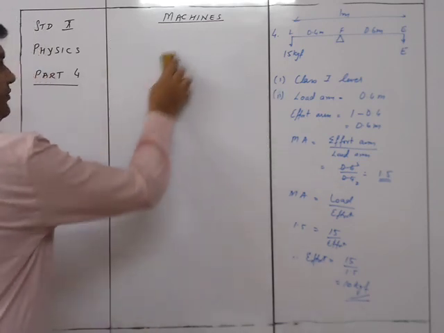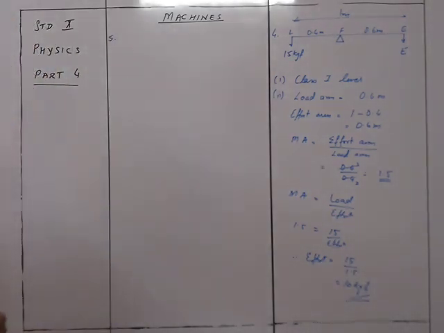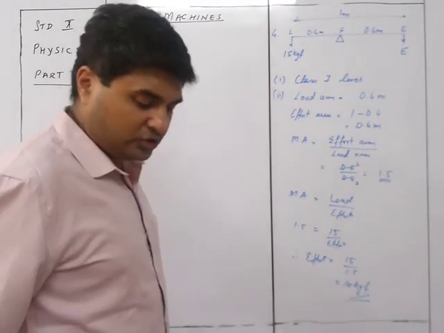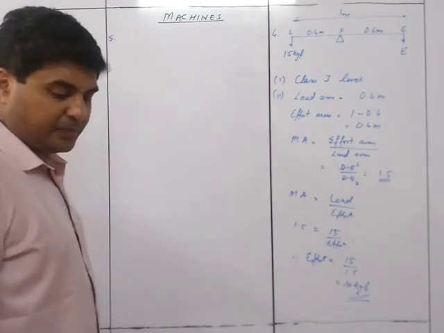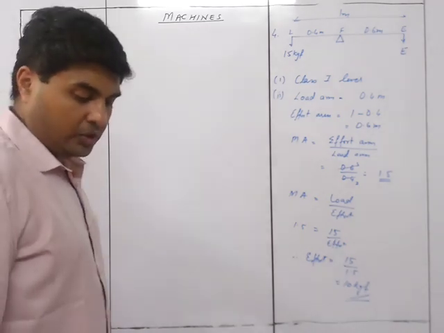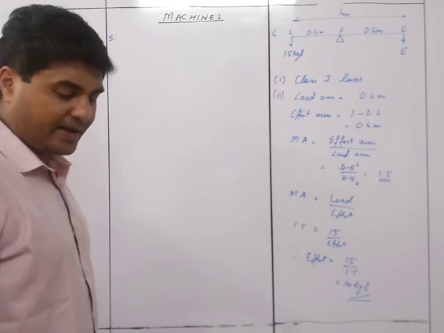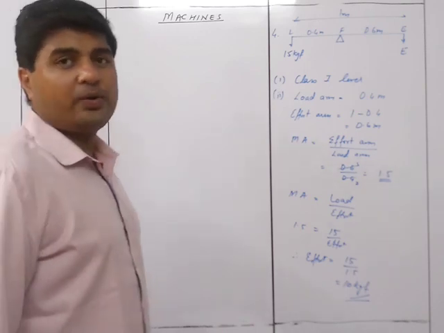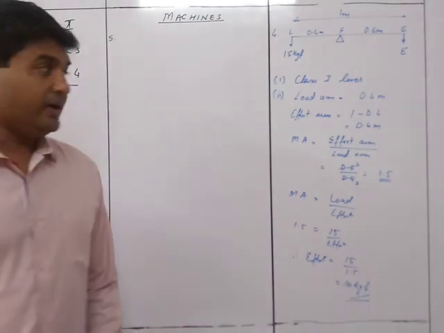So sum number 5 is going to be this way. A man uses a crowbar of length 1.5 meters to raise a load of 75 kgf by putting the sharp edge below the bar at a distance of 1 meter from his hand. Draw a diagram of the arrangement showing the fulcrum, load and effort with their direction. So the first thing is that we need to draw a diagram, right?